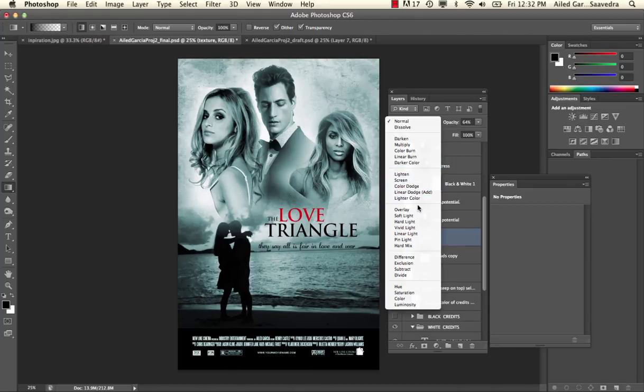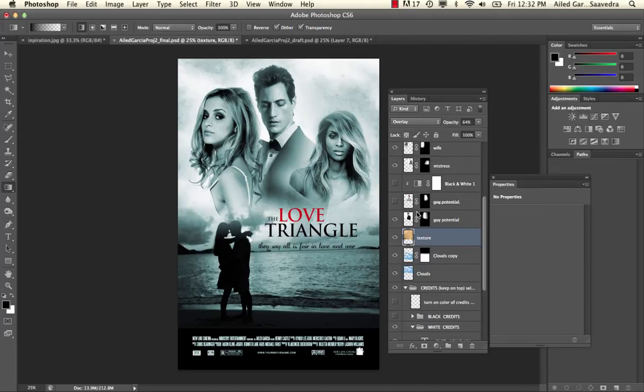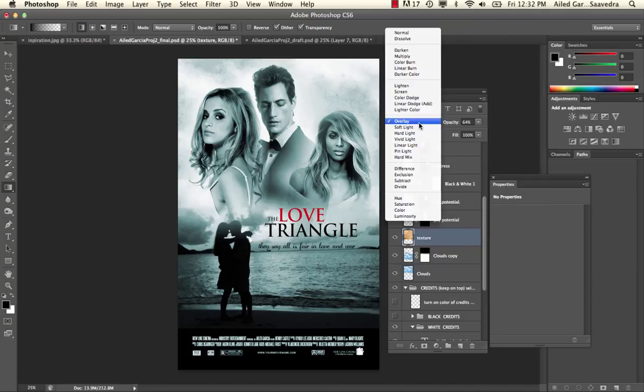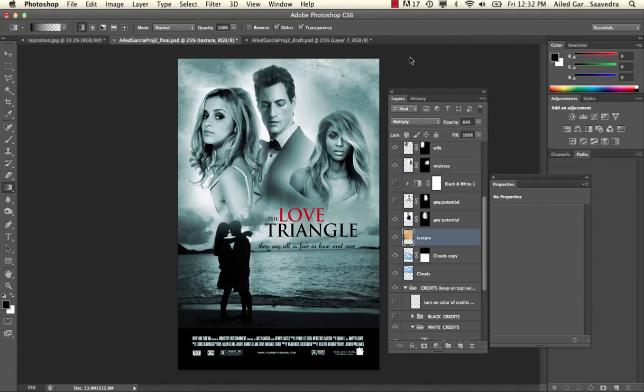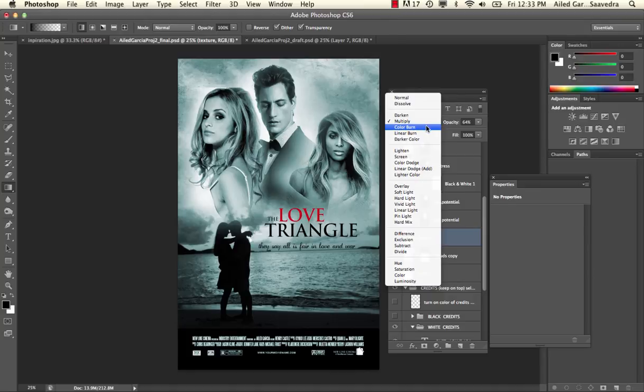I'm going to add a layer mode. I'm going to try overlay. Just notice the effect that you get in the background with that one. Okay, got a little bit lighter. I'm going to try multiply, a little bit darker. Okay, notice you see a little bit of that texture. And I'm going to try color burn,